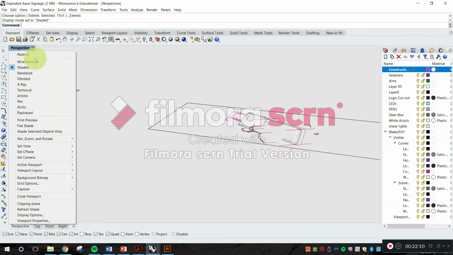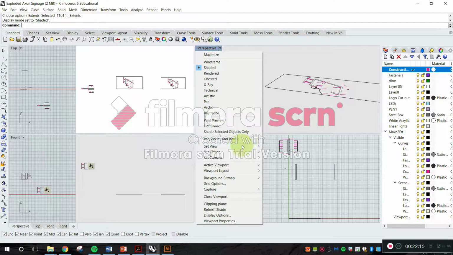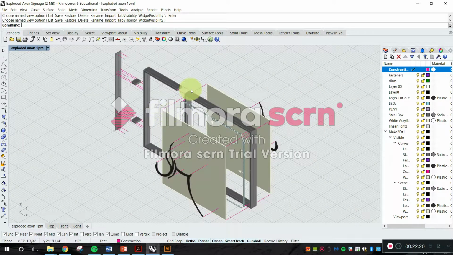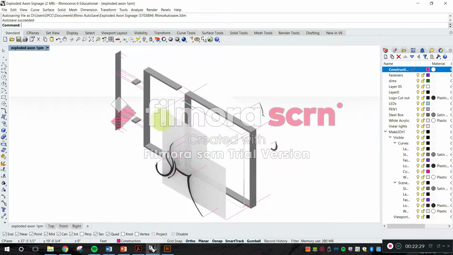Now let's generate our image. Okay, so we go back to that view of exploded Axon, and in this case, we're gonna go the nice route, right? And our view is gonna be a render view. All right, so I can go to a render preview. I already assigned some materials to it. Right, there's some reflection and translucency right there on this white plexi. I need to look into this. The lights are too bright right there, but I went ahead and rendered it anyway. So go ahead and render